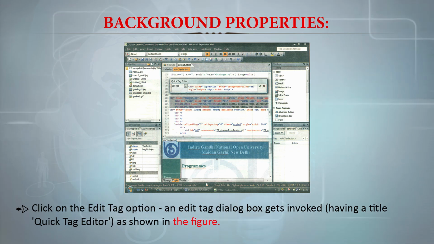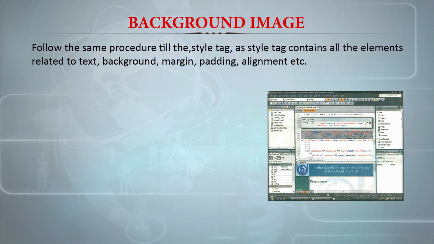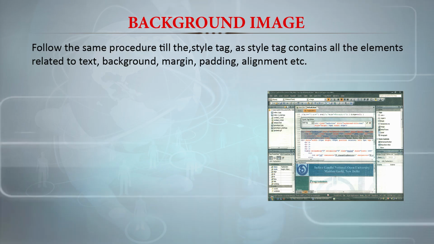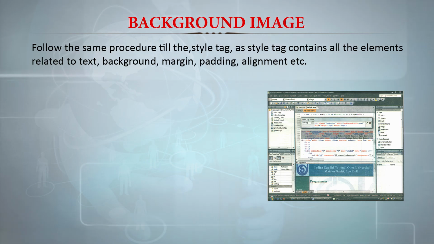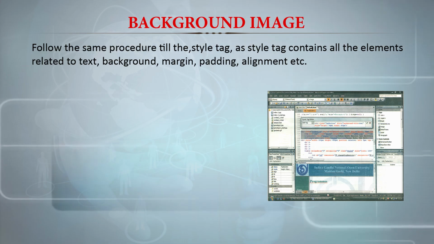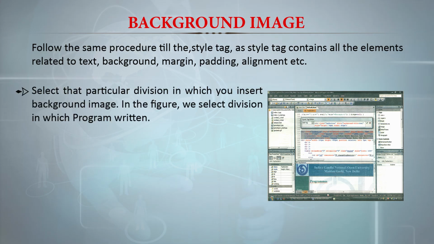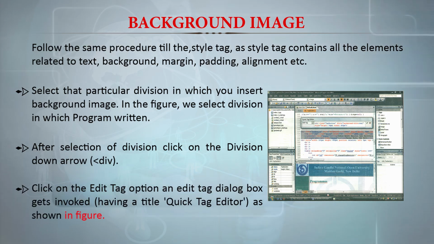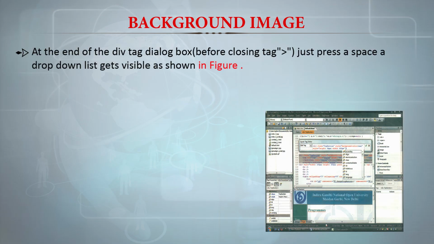So this quick tag editor is very important, and you have to follow the same procedure even in the case of background image, up to the style tag, as the style tag contains all the elements related to text, background, margin, padding, alignment and other things. Select that particular division in which you want to insert the background image, and in the image select the division in which the program is written. After selection of the division, click on the division down arrow and click on the edit tag option, and the edit tag dialog box gets invoked, and then at the end of the div tag in the dialog box just press a space